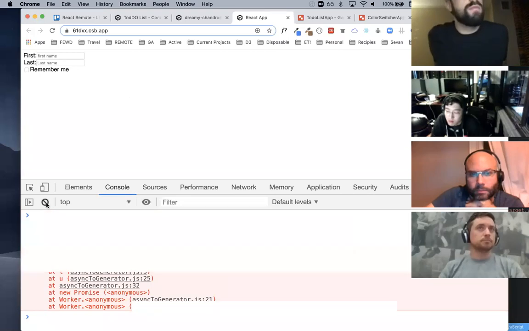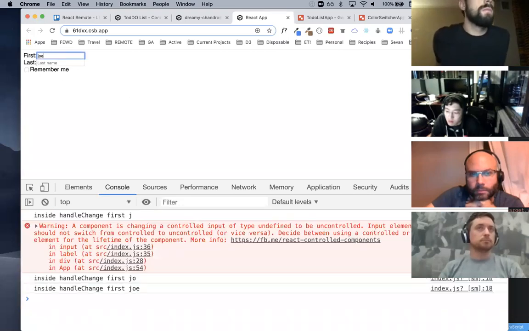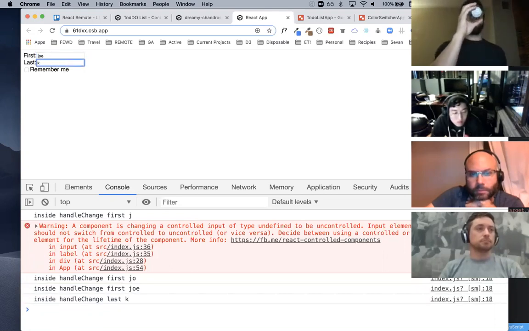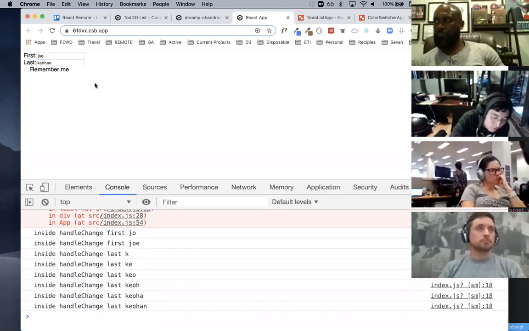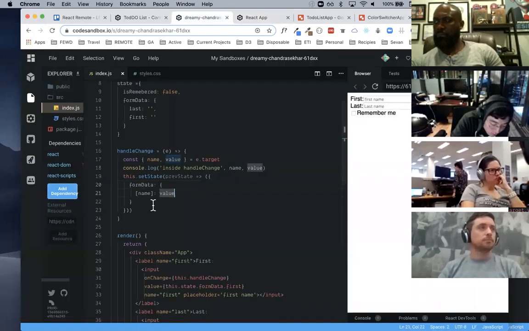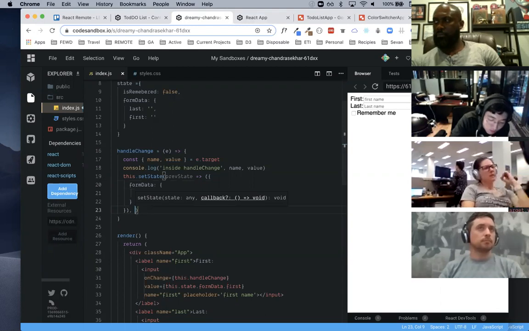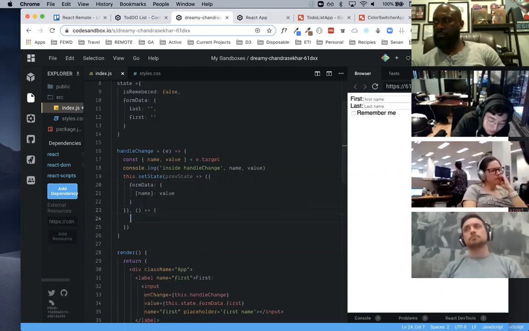Okay, let's clear this out. Joe, right? Am I getting the values? Sweet, all right. I'm gonna type in my last name. All right, and it seems like it works, right? I've captured the values. I've stored the values in there. Awesome. And I'm just gonna make sure here that if I was to do the callback, I can console log